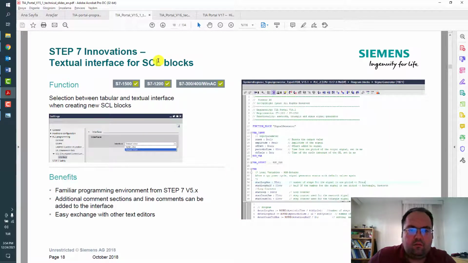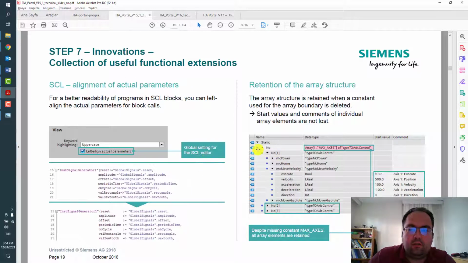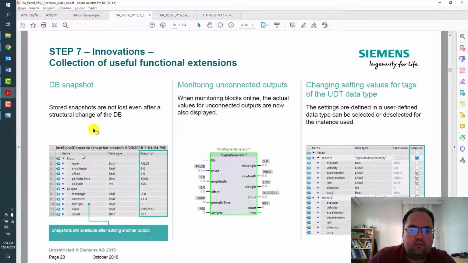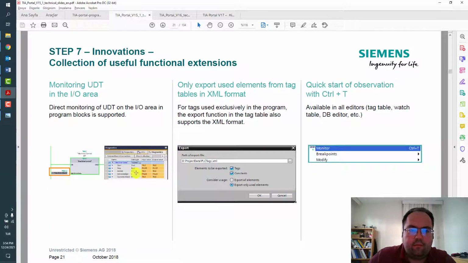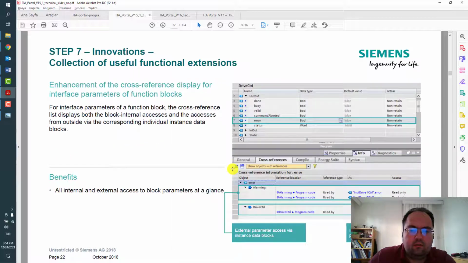For structured control language, textual interface or table view selection, there are some minor changes, also some useful functional extensions, DB snapshots, or monitoring, archiving, retrieving project options.